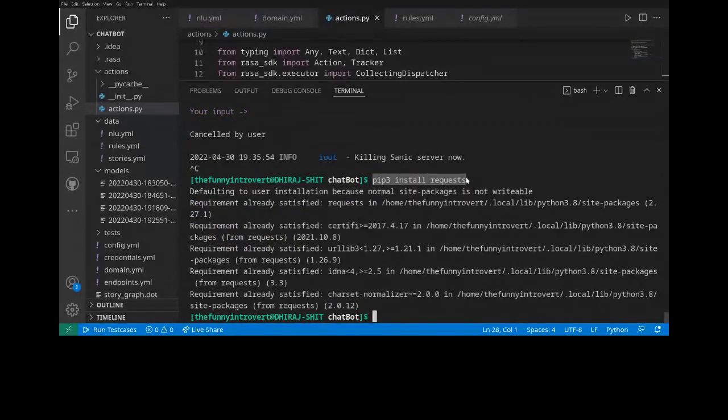Control shift s, and I will just paste it here. And I hope you have run the command, or if you are still running it, just give me a yes once you are ready with the requests. So this is nothing but a simple Python package which will let us do what we were doing online.